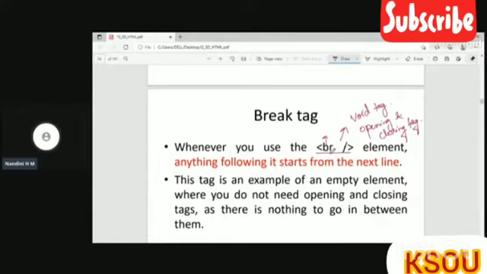So here we are not organizing any data or changing any data. We are just using the break tag in order to break the sentences. Whenever you use the break tag, it will take the cursor to the next line. That means it will make the content start from the next line. It will break the line there itself and take the content to the next line.